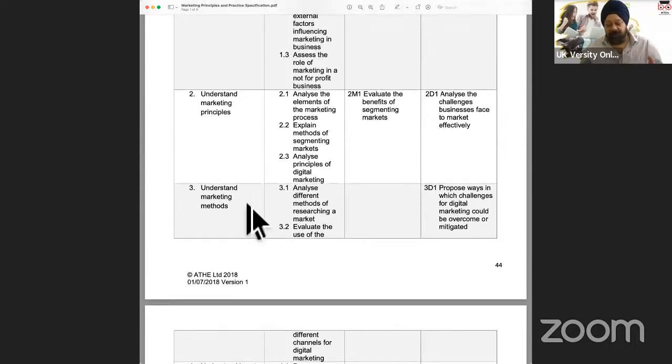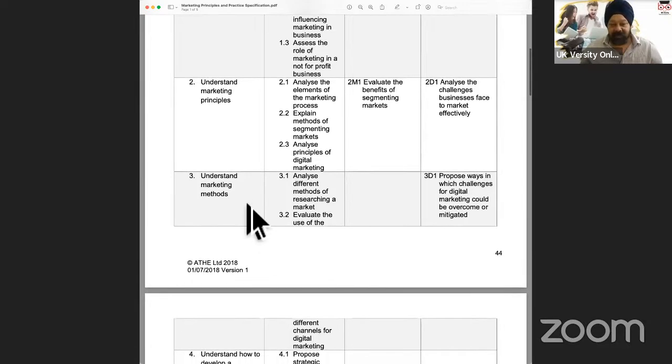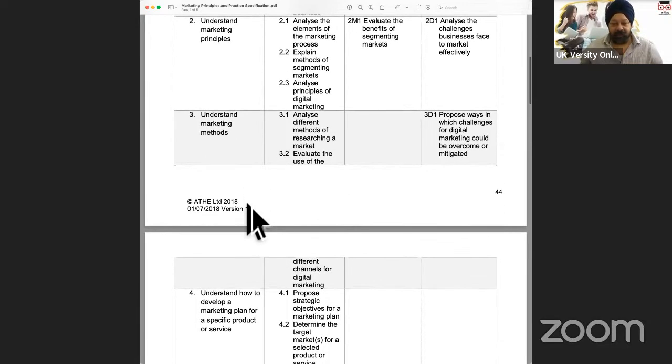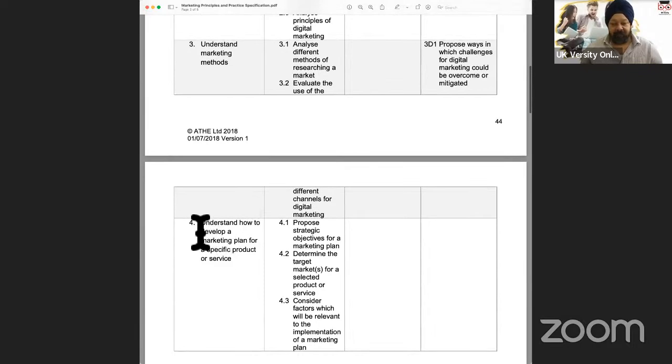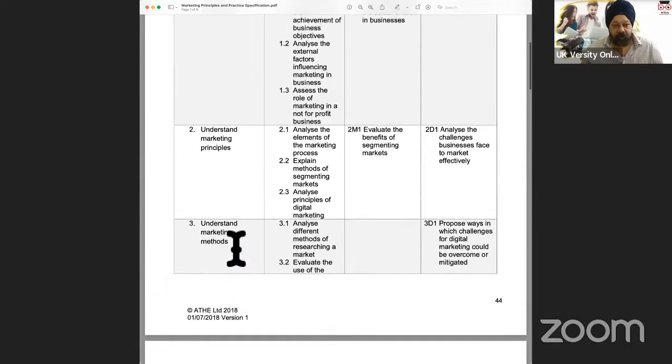So methods could be above the line marketing, or ATL as we call it, BTL, which is below the line marketing. We look at TV advertising, print advertising, mobile advertising, social media advertising. So we look at understanding different marketing methods through which we can go across. And towards the end, the 4th learning outcome is where we look at putting into practice. And this would be developing a marketing plan for a specific product or service that we are going to be looking at. And that is where the word practice comes in,